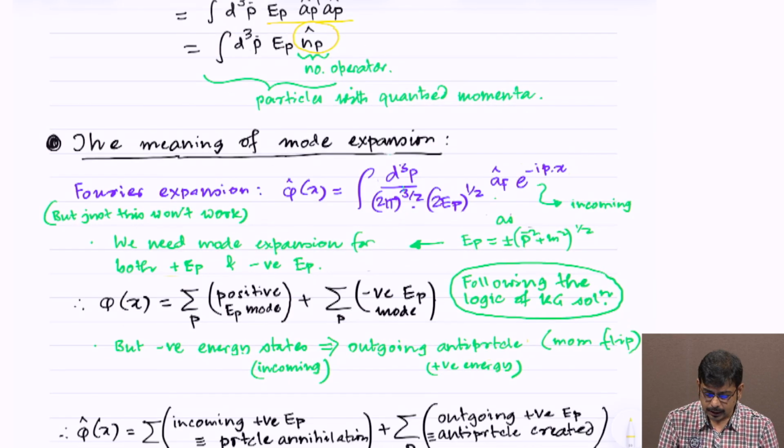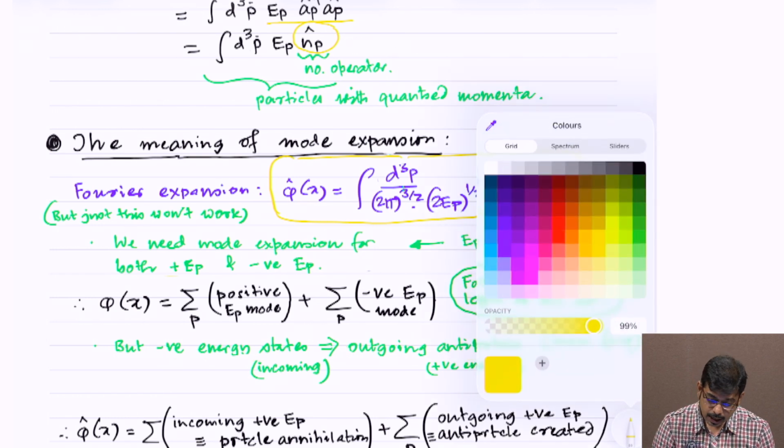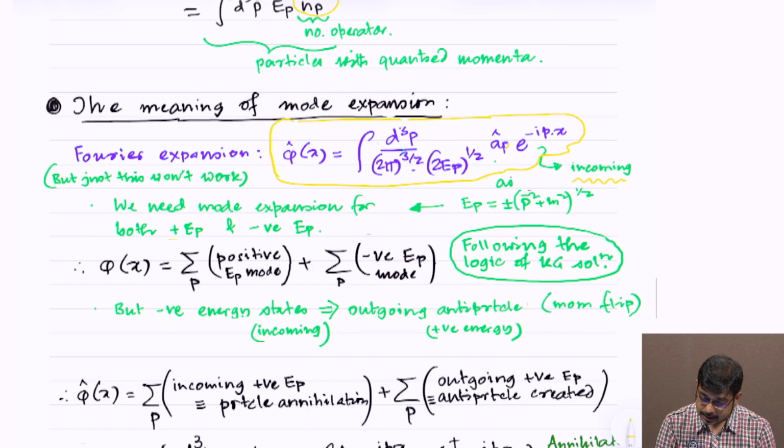Suppose you think of what we essentially did when we say that φ(x) can be written as ∫d³p/(2π)^(3/2) times 1/(2E_p)^(1/2) times A_p operator times e^(-ipx). This is essentially reflecting an incoming E_p, where A_p is the annihilation operator with respect to which you are doing this. So, this is a Fourier expansion, but just this does not make sense,